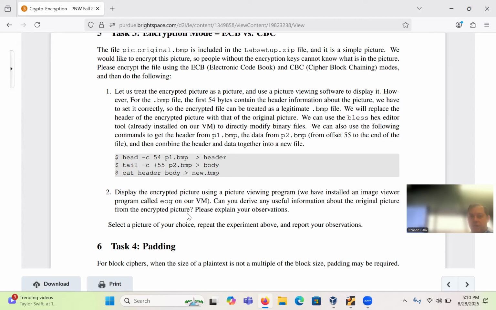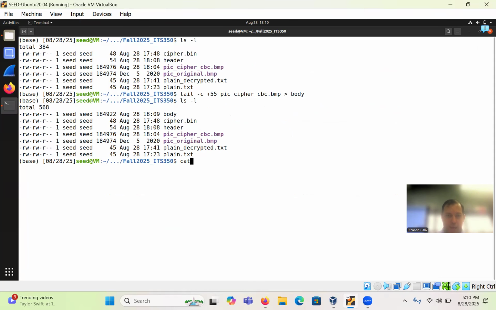So in this one, it's going to be like cryptanalytics or something, cryptanalysis, pic for CBC. I'm going to go back, say cat header body, redirection in Linux, and now we give it a name. So .bmp